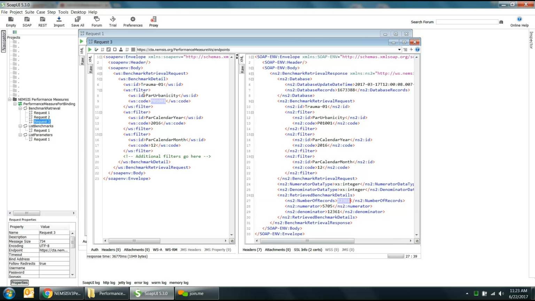When we limit it down to urban agencies only, then we're down to about 12,000 records that are included in the results. And then we see the number that had a pain scale recorded, 5705. So we're still seeing somewhere in the 40s as far as a percentage. Okay, so